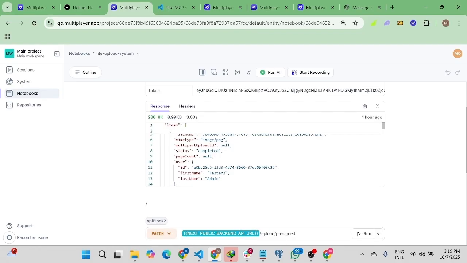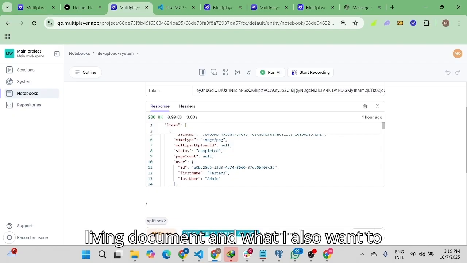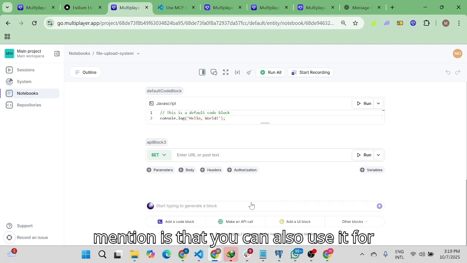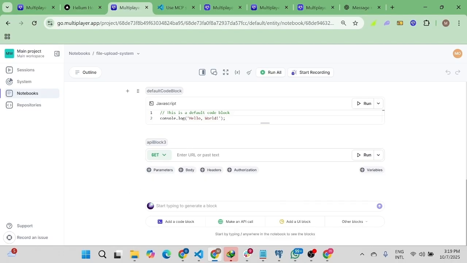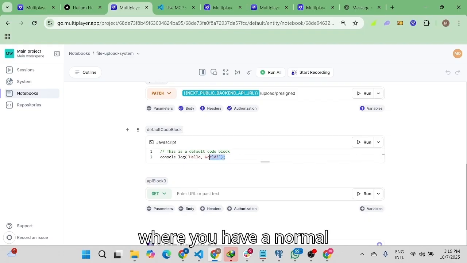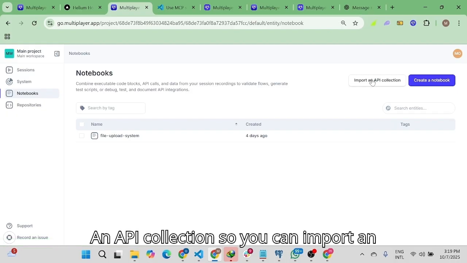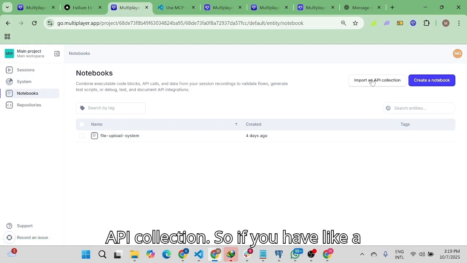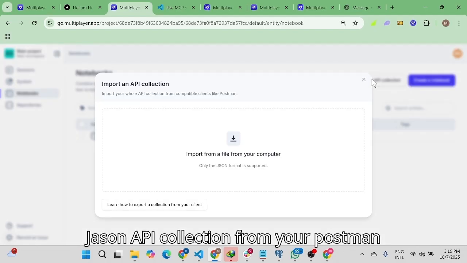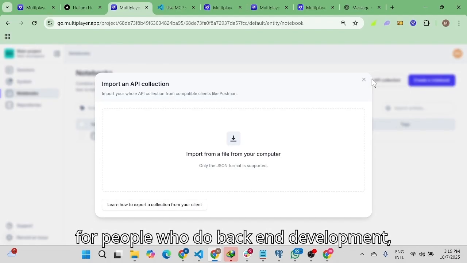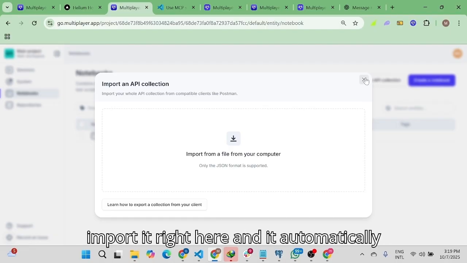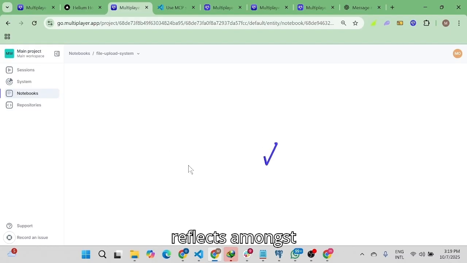So every replay of an API endpoint produces a living document. I also want to mention that you can use it for other things, like where you have normal JavaScript code to test functions, for example. You can also import an API collection. If you have a JSON API collection from your Postman, for people who do backend development, do you understand what I mean? You can import it right here, and it will automatically reflect